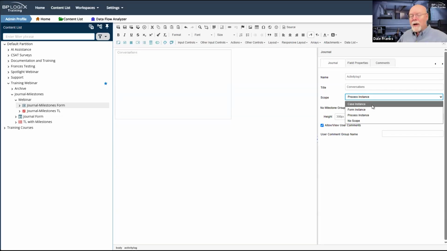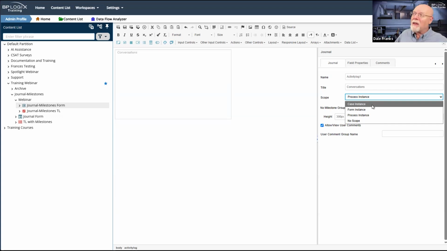Now, if you're building a case management application, in all likelihood, you now have multiple forms and multiple process timelines, all of which are doing different things, but all of which are related to a case. So in the context of a case management application, I might want to be able to grab any of the milestones.